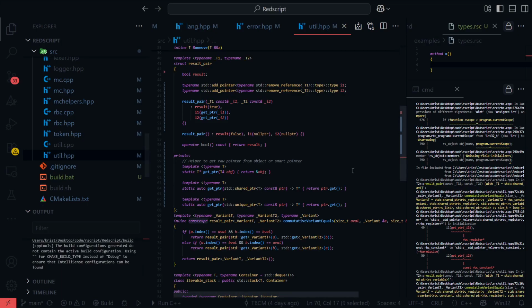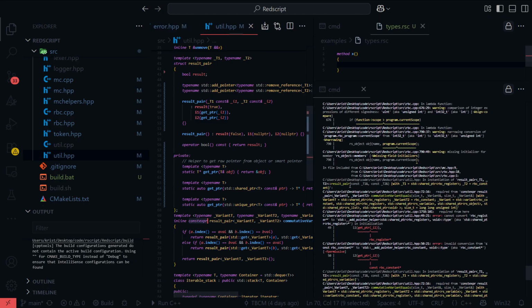But now I'm getting an error that says cannot convert a bytecode register pointer to standard add pointer helper type, aka standard shared pointer RBC register pointer in initialization.